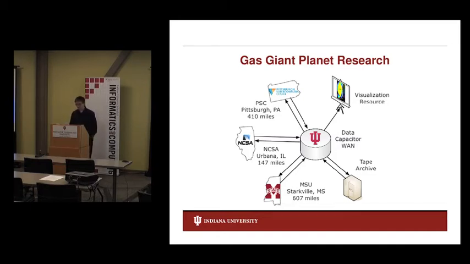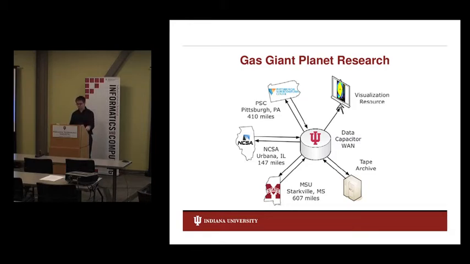Then he logs into Pittsburgh Supercomputing. They have a machine called Popol, which is an Altix 4700. It's an SMP, large shared memory machine, which is what his code exploits really well. So he logs in there, he runs a simulation, and writes the data back to DC WAN. And I think his simulations are on the order of about 20 terabytes. So having to transfer that data there, run the simulation, and transfer back would just really take too long and be impractical. So he's able to keep his data on DC WAN, compute on Popol at the Altix 4700 at